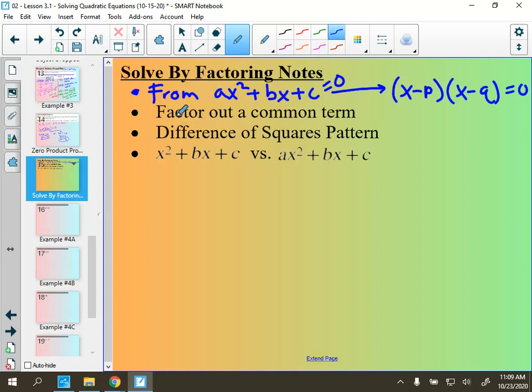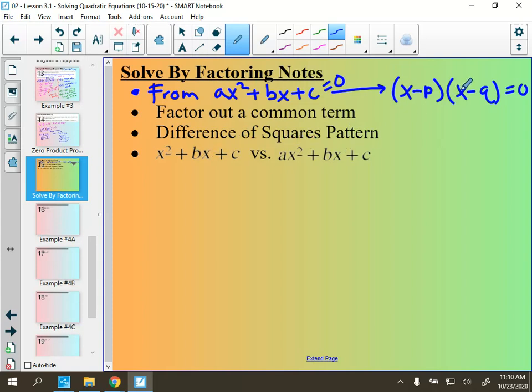We'll talk about what it means to factor out a common term, but that's usually what we want to look for first. Is it possible to make the term smaller by factoring out a common factor? We'll talk about this pattern. There'll be other ones that come up in future lessons, but for right now, hopefully we'll be able to recognize the difference of squares pattern, and then we'll look at